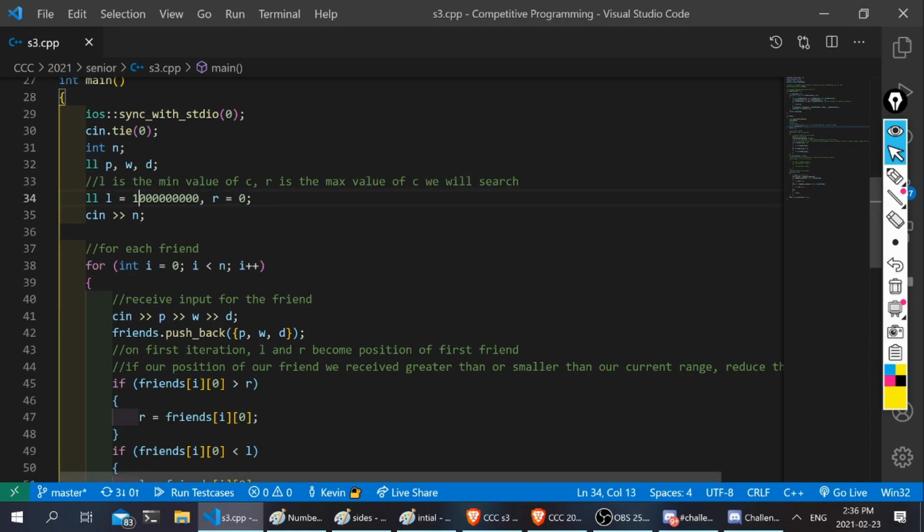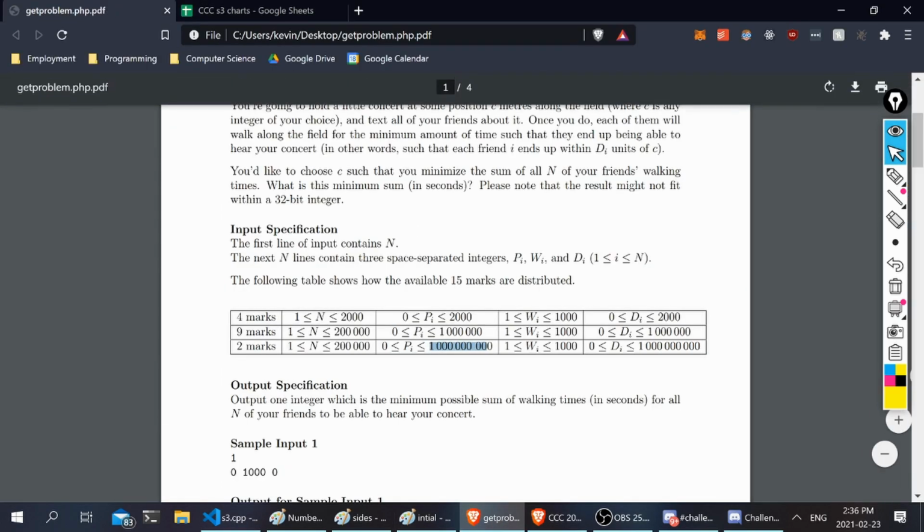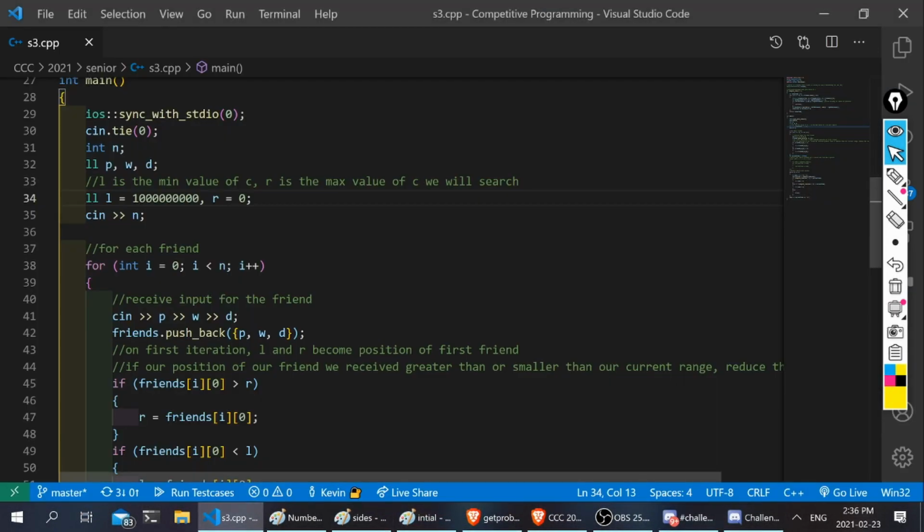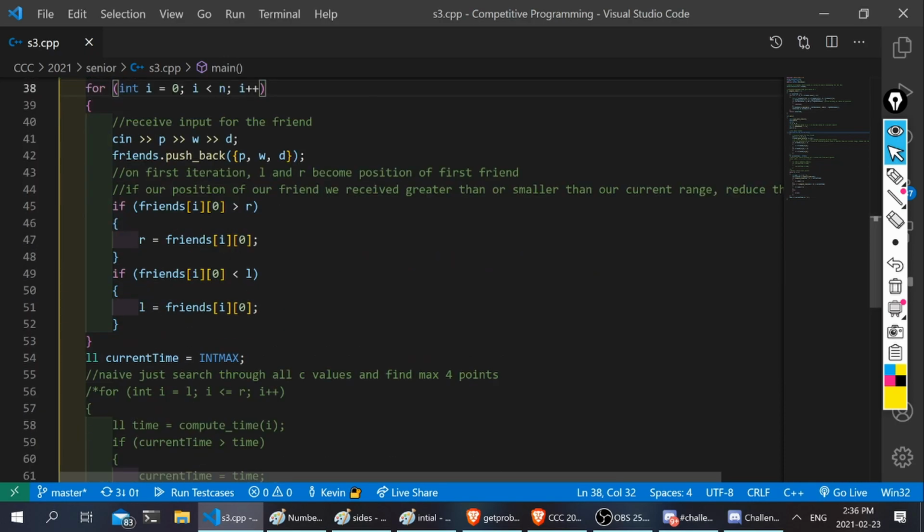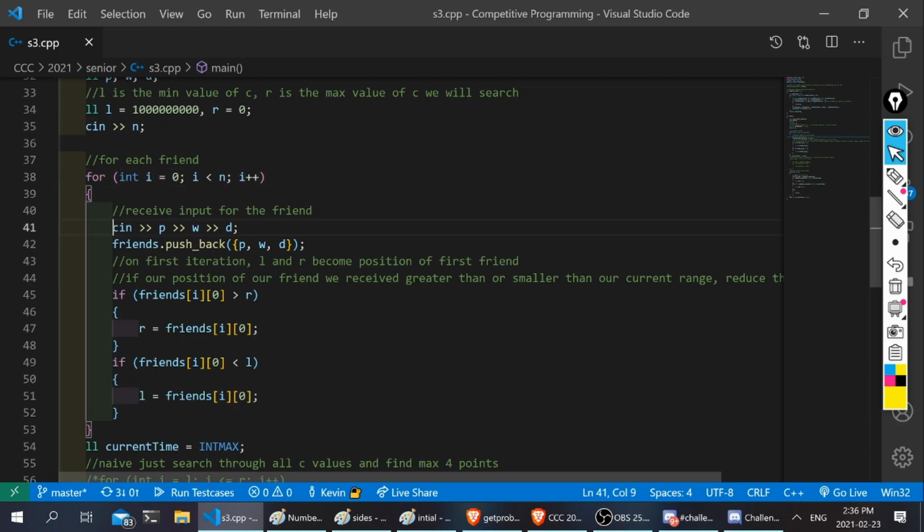The reason I have left set to the actual maximum value of what p can be, even though it's supposed to be the minimum value, is that I'm going to be setting L and R to the position of our first friend, because I know there's going to be a minimum of 1 friend. So this always evaluates to the first friend, and this always evaluates to the first friend. From there we can get the minimum position on the left and the minimum position on the right of that number line. So for each friend, we receive the input, we push back,